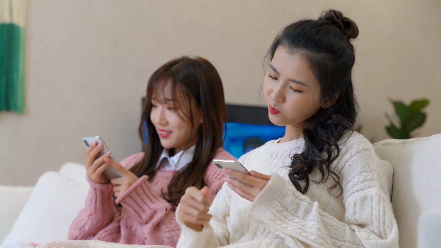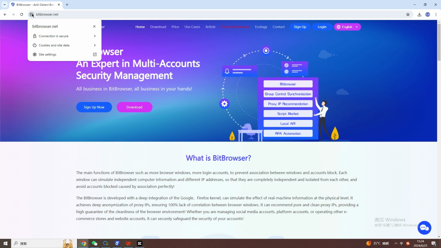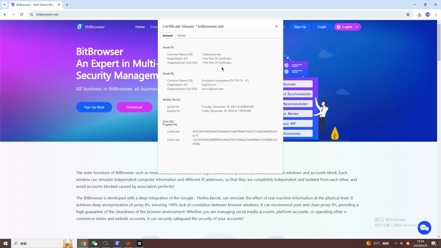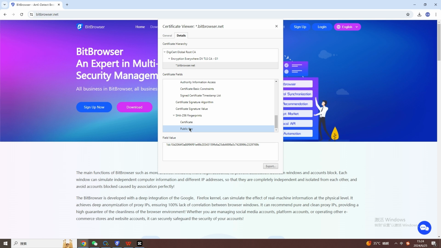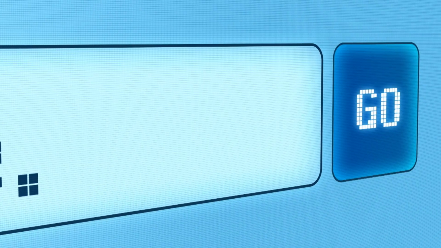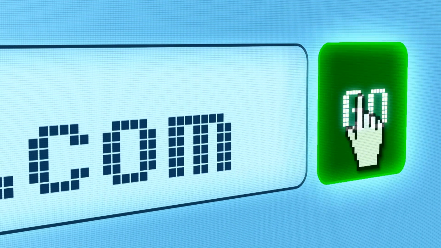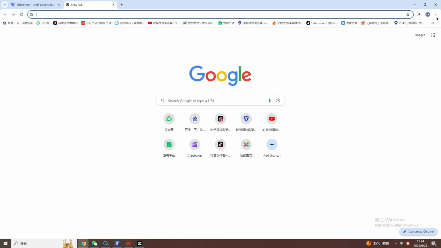What are SSL fingerprint and plugins fingerprint? SSL fingerprint. Generally, each browser has a relatively fixed SSL fingerprint. Browser SSL fingerprint is a digital fingerprint of an encryption certificate, which is used to verify the identity of the website and ensure the security of communication. When you visit a secure website, usually starting with https://, the browser will check the website's SSL certificate, which contains the website's public key, organization information, etc., and generate